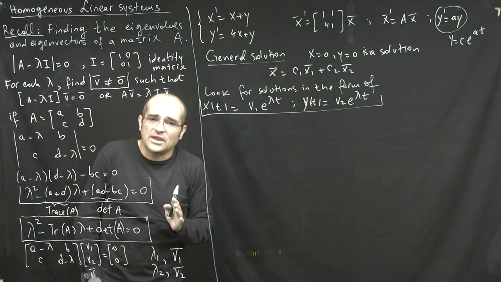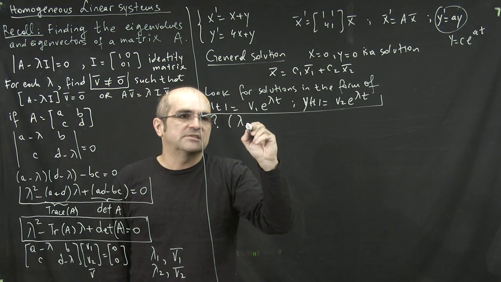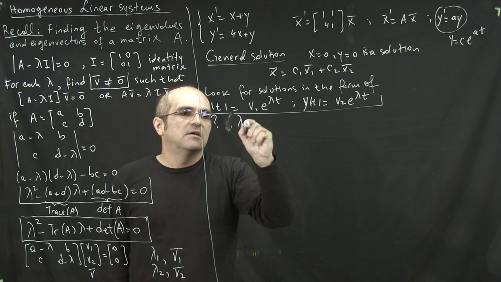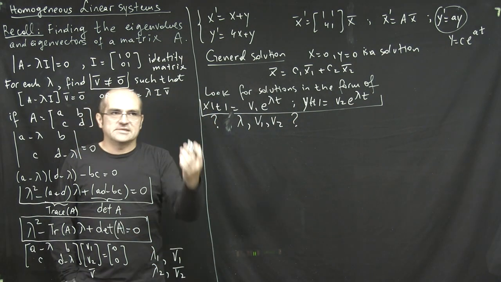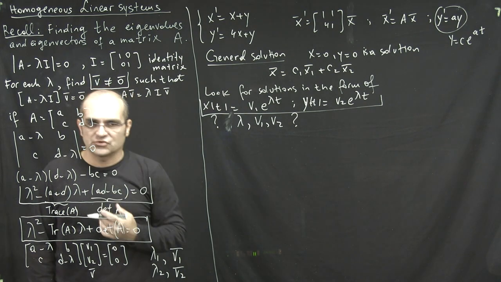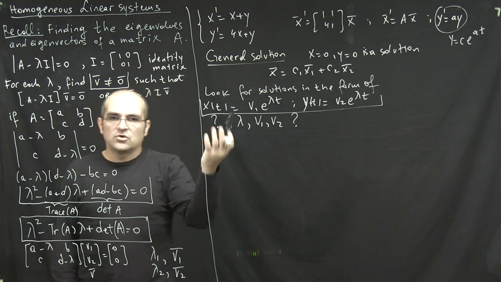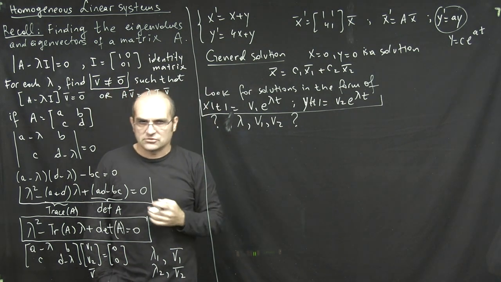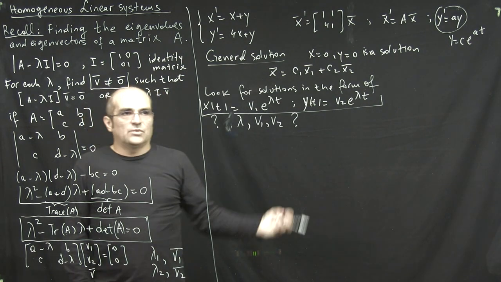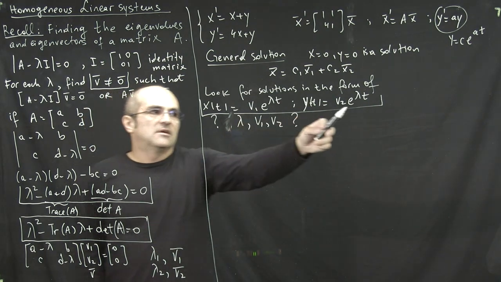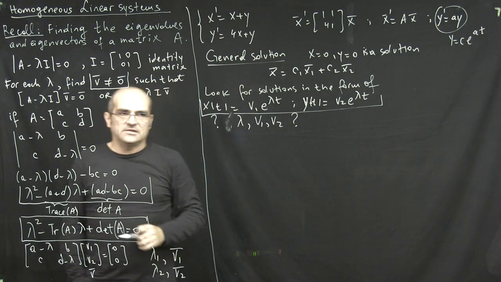So notice at this point, really the question is, how do you find three quantities, lambda, v1 and v2, such that these two, x of t and y of t, form a solution? So keep that in mind, that is the question. Can I find these three quantities such that I have a non-zero solution for the system? There's only one way to figure this out. We have to plug these functions into the system